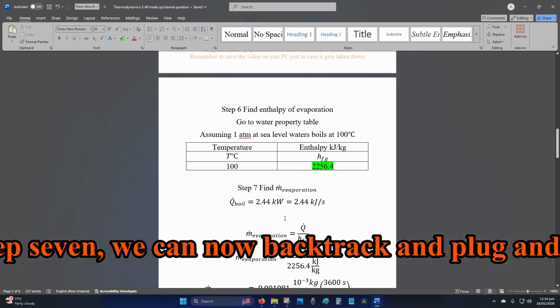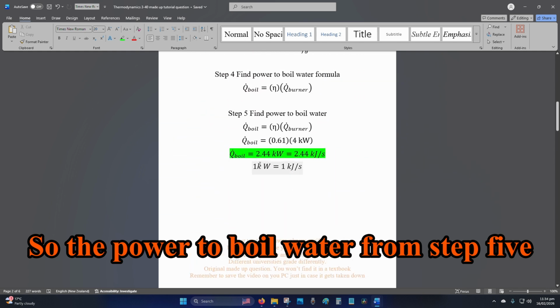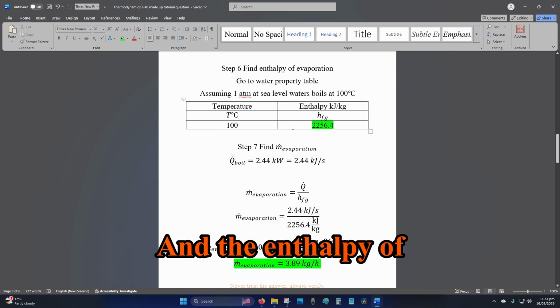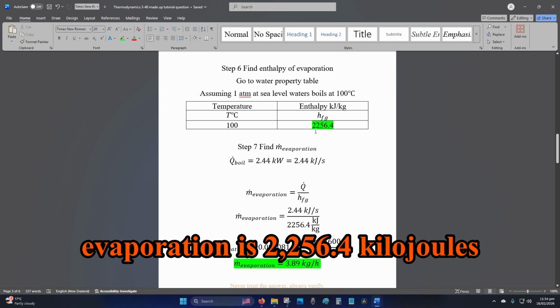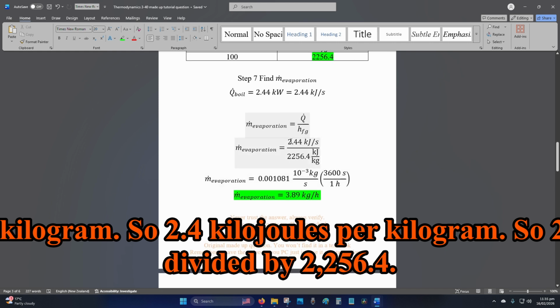So step 7, we can now backtrack and plug and play. So the power to boil water from step 5 is 2.44 kilojoules per second, and the enthalpy of evaporation is 2,256.4 kilojoules per kilogram. So 2.44 divided by 2,256.4,